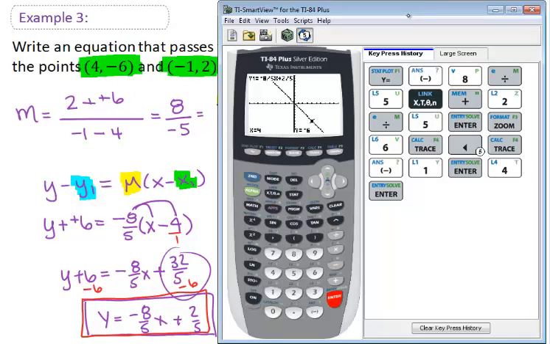Not only does it confirm the ordered pair is correct, it takes you to where that point is on the graph. So we have confirmed that our line goes through these 2 points that we are looking for. So we have confirmed that we got the right answer on this problem here. That means on your exam coming up, you can guarantee yourself a right answer. All you have to do is double check it with your graphing calculator.